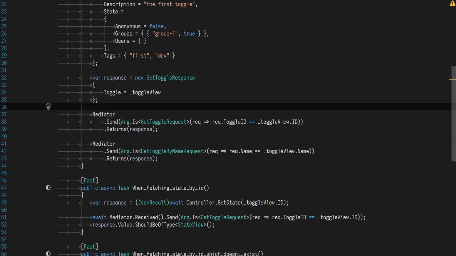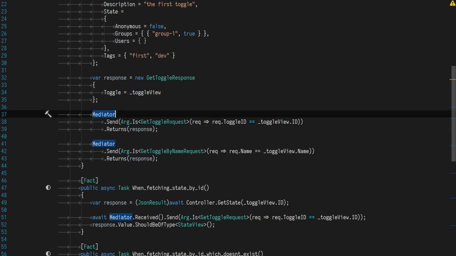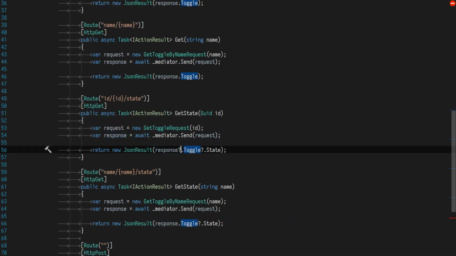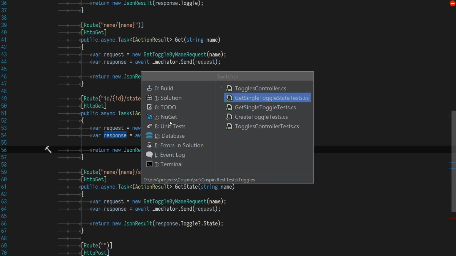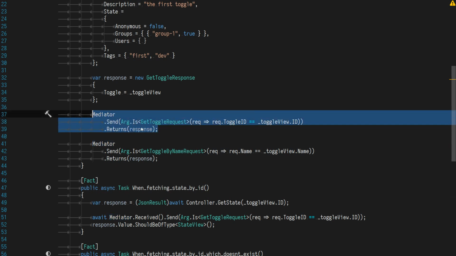So normally, in our handlers, we're always going to return a response, but the toggle property might be null. Whereas in our test, we're just not returning anything. So I could either change my controller to have a question mark here as well, which would work, but isn't quite the same as the behavior that we're actually outputting. So as I want to match the behavior, all I need to do is take this,